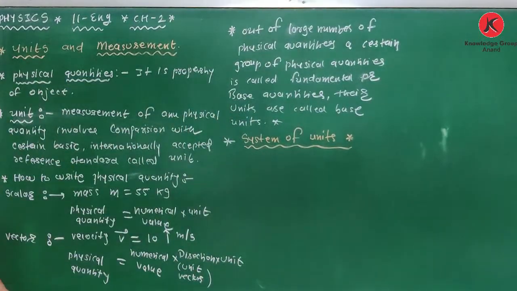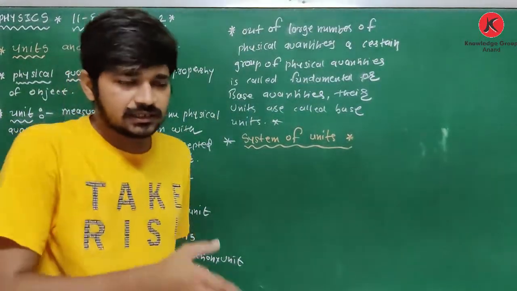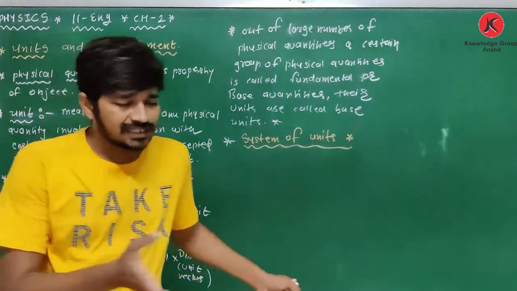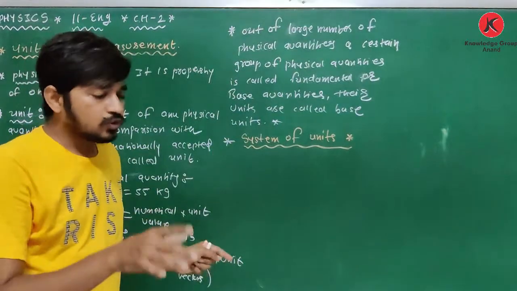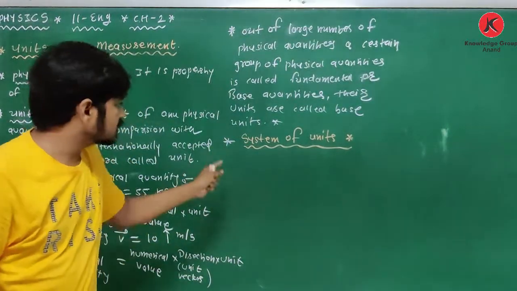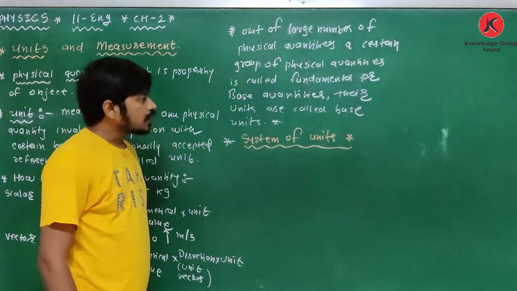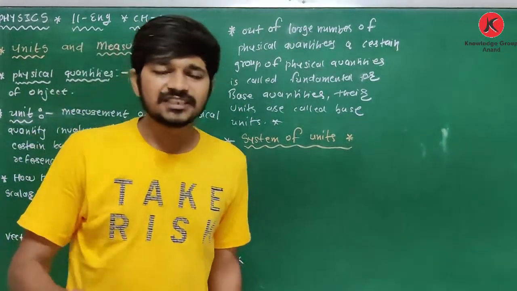Okay, so yes, system of units. Again, time to time, different scientists have formed some basic group of quantities called a system of units. So yes, according to base units of some physical quantities,